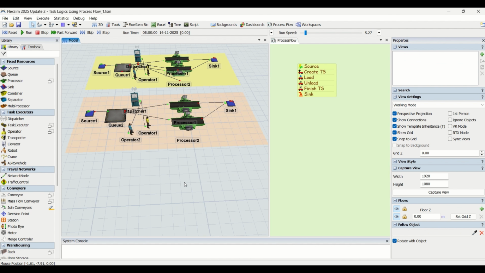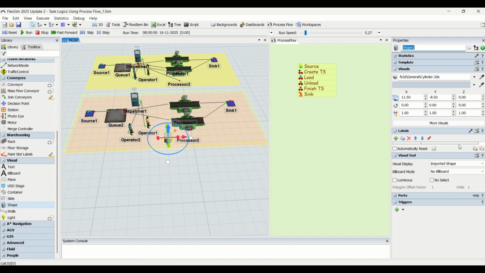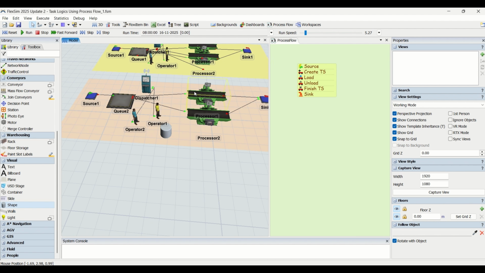Now what we're going to do is create one more station, which can be a scan station or something like that. Let us add it out here and let me rename that as scan station. Okay, so we have the scan station out here. I hope you have understood what we're going to do. The operator has to come to the station to get it scanned and then delivered to the processors, and that we're going to do by modifying it in our process flow,